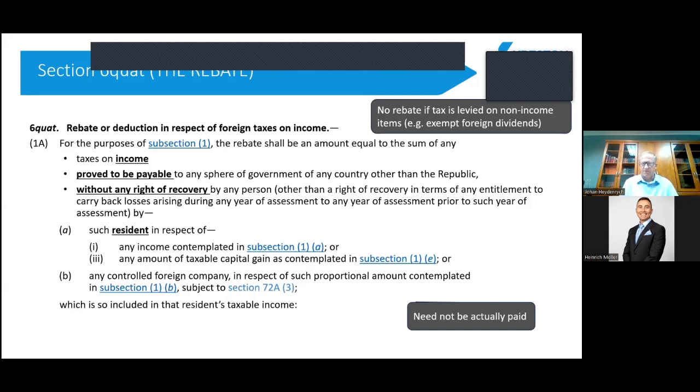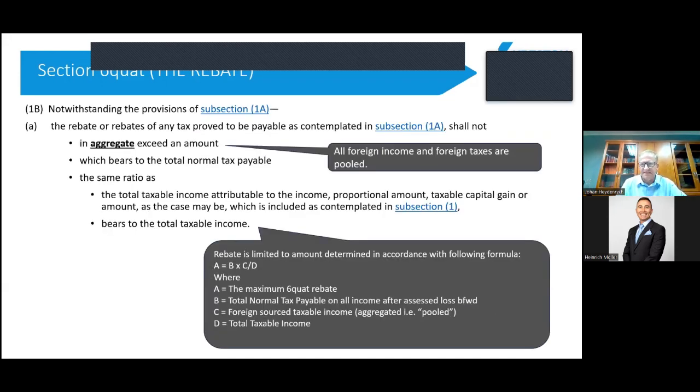All right. It only applies if it's proved to be payable. If they've paid too much, it's limited to the amount that is proved to be payable. It only applies to whatever is income. So you don't get it on foreign dividends, foreign exempt income. You only get it on income that is gross income minus dividend income. All right. And then there's a limitation. So the rebate or rebates of any tax proved to be payable shall not in aggregate